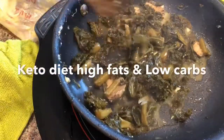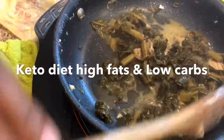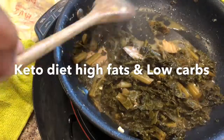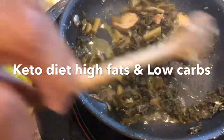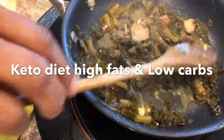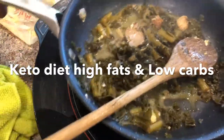I would like to know, since a lot of you are watching my videos, who is on the keto diet. That would be kind of nice to know. But you don't have to be on the keto diet to eat this way. I mean, it is good. You might not want to use as much butter or whatever. But I cook this way when I'm not on the keto diet. So